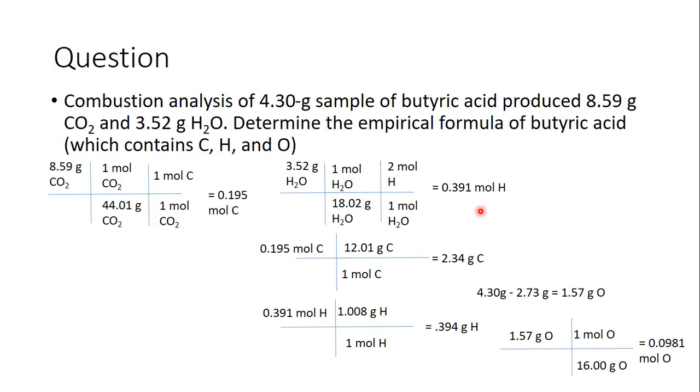Time to use these 3 mole numbers and write our pseudo formula. So our pseudo formula is C0.195, H0.392, O0.0981. Divide each number by 0.0981, and we get an empirical formula of